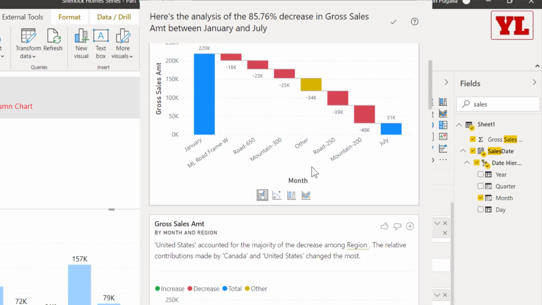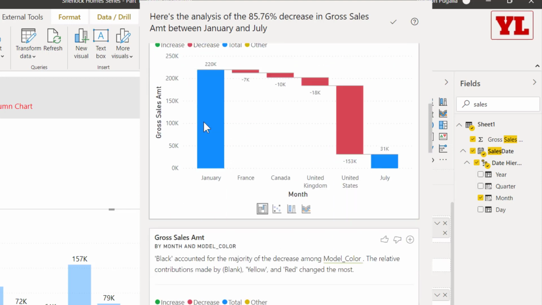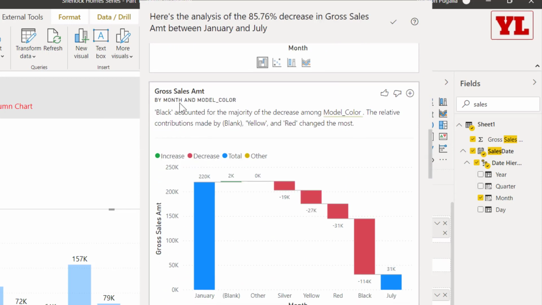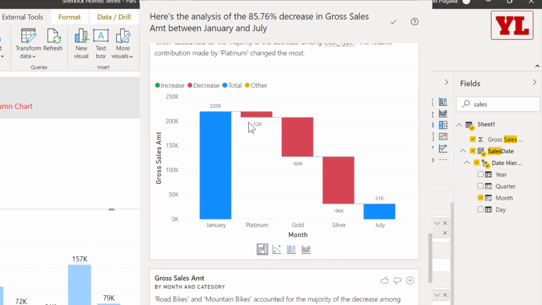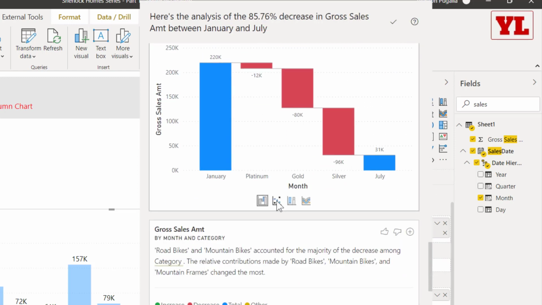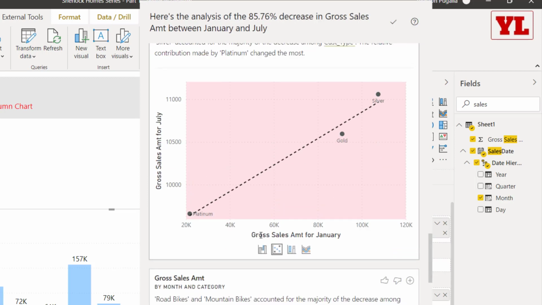And this is not all. As you scroll down, you will see the analysis by region. You will see the analysis by the month and the model color, and this will continue. At any given point in time, you may want to click on this option of the scatter chart. So on the x-axis, it talks about gross sales amount for January. On the y-axis, it talks about gross sales amount for July.